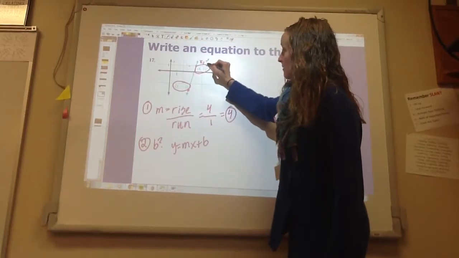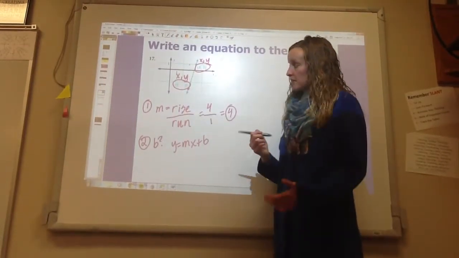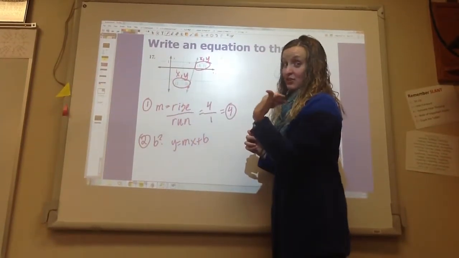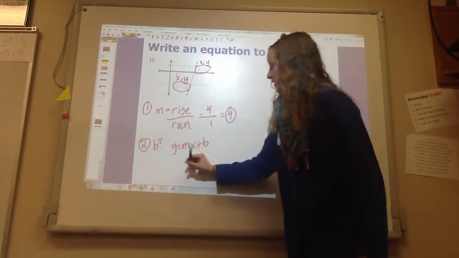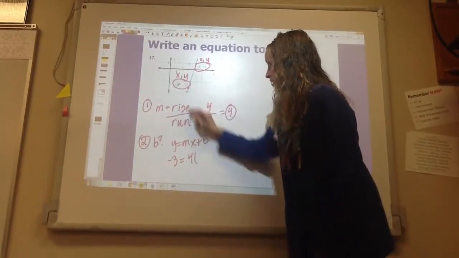And that would be x comma y for both of these. But say we just use this one. And if you don't like to do what the teacher does, well, do this one and you'll get the same y-intercept. And so we plug in our -3 equals our slope, our x,